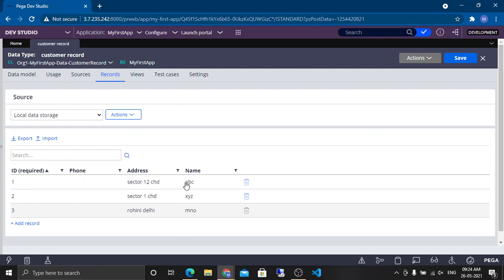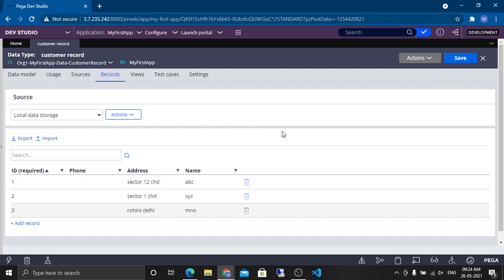So apart from name, I can give the option that these fields are editable as well in the case lifecycle itself. And then he processes. So suppose he has updated the phone number. There could be a requirement that I have to update this local storage as well, this table, right? So for that purpose, we have savable data pages to update the tables as well. You getting it? So suppose I selected 1 and I have shown him these details and he updated everything. Maybe from ABC he has written Mandeep, from address he has written maybe Chennai, and updated the phone number as well. So to commit that data back to the DB, we have savable data pages.